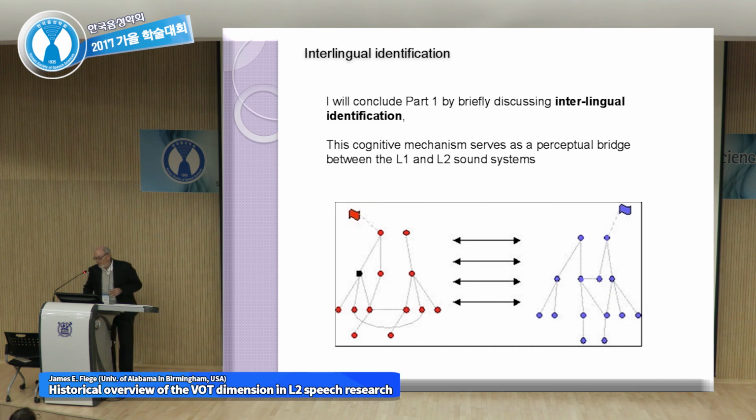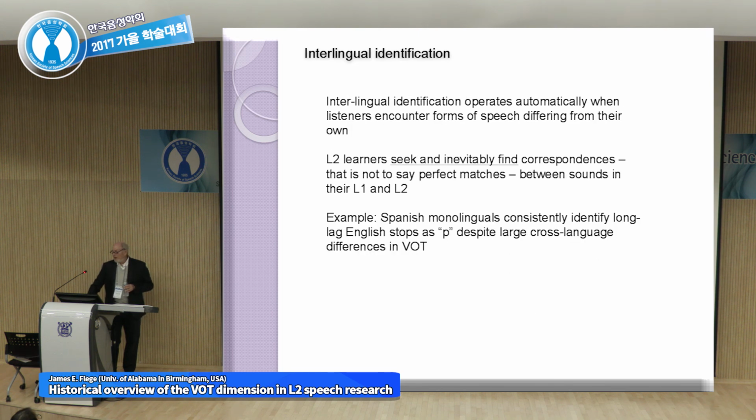Just before concluding, I want to mention something very important to L2 speech learning, that is interlingual identification. This cognitive mechanism serves as a perceptual bridge between the L1 and L2 sound systems. Interlingual identification operates automatically when listeners encounter forms of speech that differ from their own. L2 learners seek and inevitably find correspondence, that is not to say perfect matches, between sounds in their L1 and